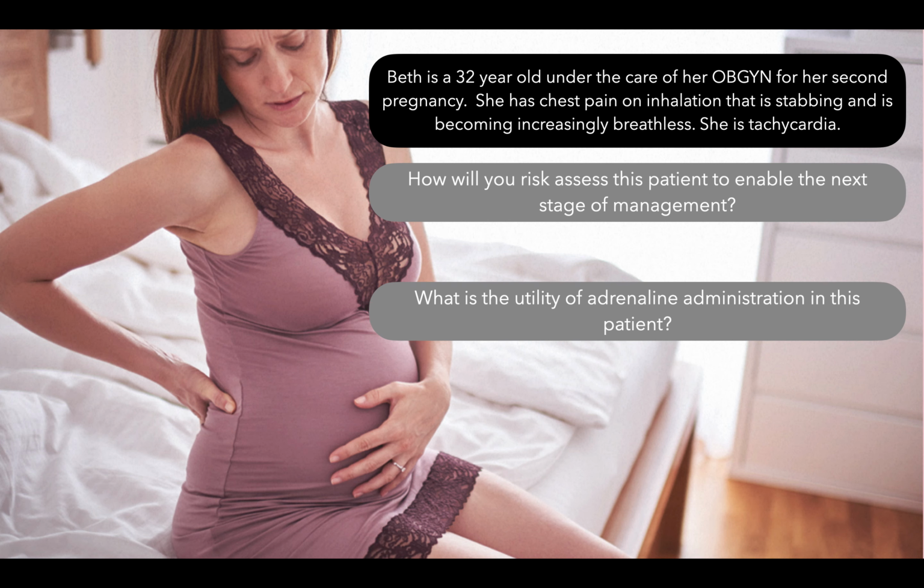Utility of adrenaline administration in this patient. So there's a bit of a debate in the lecture as to whether or not you would administer adrenaline to a pregnant patient, but in general pulmonary embolism,